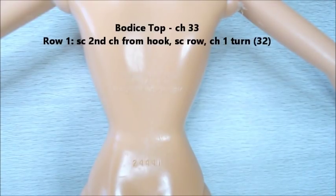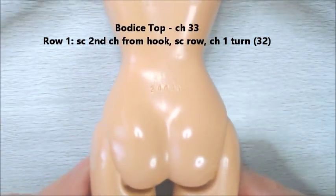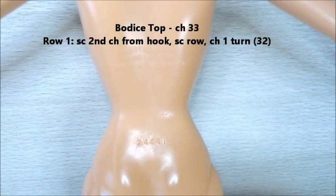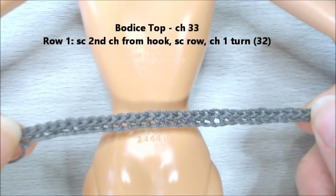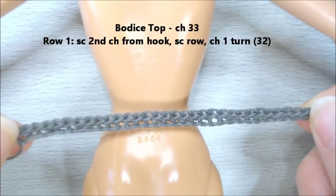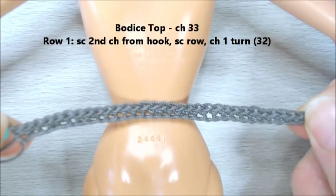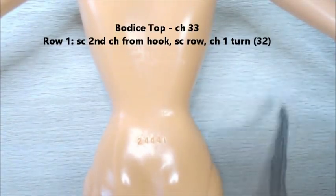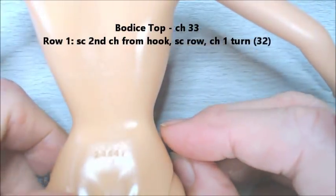To start this dress, we use the Beach Barbie doll. She has a little bit wider hips, and we're going to start this dress with the waist. So what I did here is I chained 33, and then I single crocheted this entire row. You get 32 stitches. Once you do that, you'll put it around the waist of the doll,